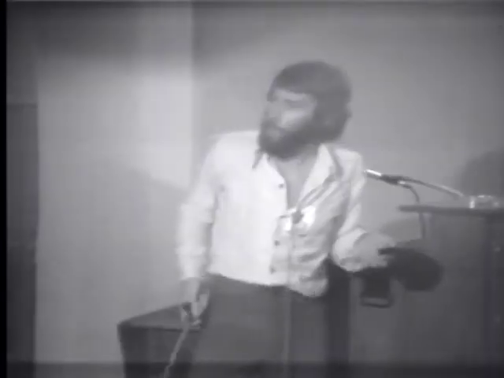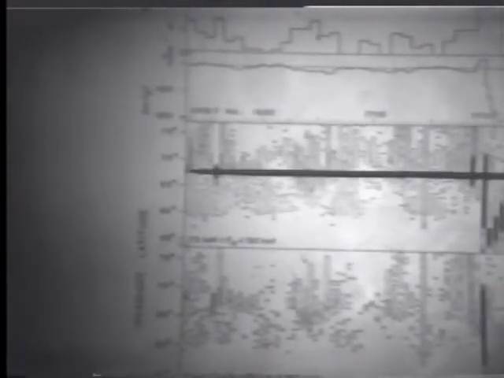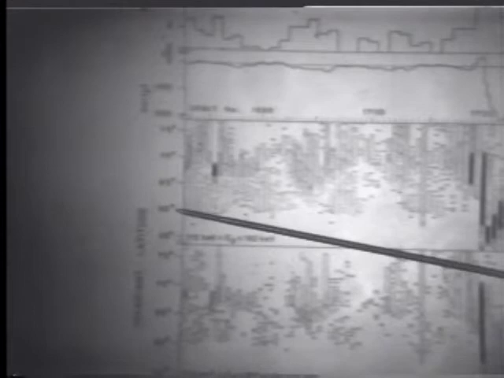Now here's some data taken from the ESRO-1A satellite during a storm period. The onset of the storm was approximately here. You notice that this is precipitating protons in the energy range of 100 to 200 keV or so. In general, before the storm period, one finds precipitating protons primarily in the region larger than 60